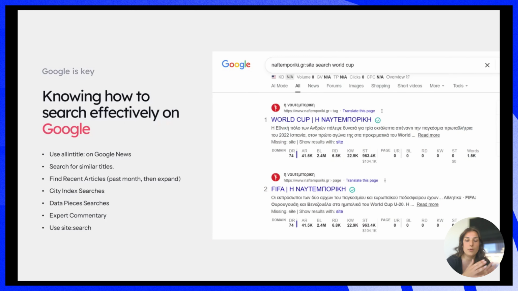We have here a bit of various tools that you can use. But the first thing I would say is lean on Google. Don't be afraid to search in a language you're not familiar with. Obviously, you don't speak it, but there are plenty of ways to go about it. These are namely some types of searches you can do on Google. The example here is if you were to search for Greek media, if you had a piece of content around the World Cup, you can find publications, and then you can find the journalists' emails from those publications that will be relevant to your story.